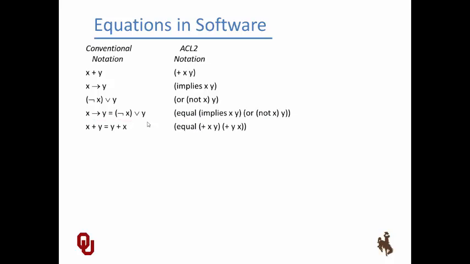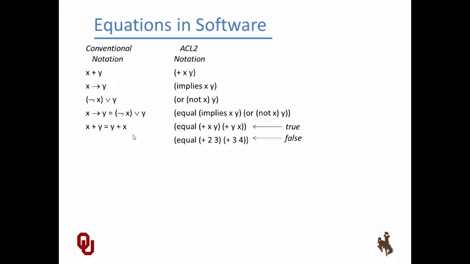Numeric equations conform to the prefix rule too. So we have plus x y, plus y x, with an equation between them, and in ACL2 it is written like this, and conventionally we would write it like this. Like implies and not, the equal